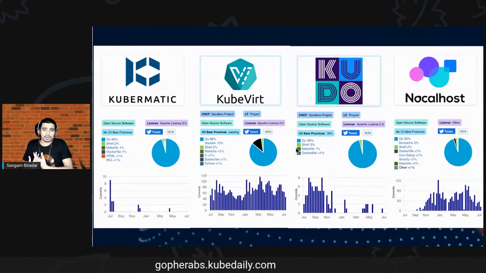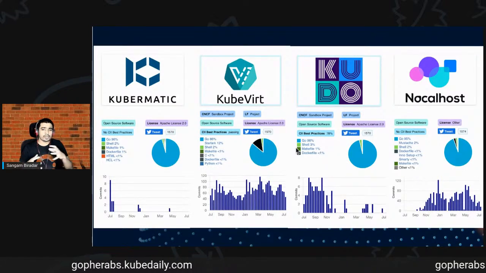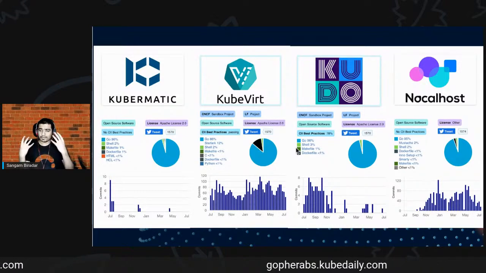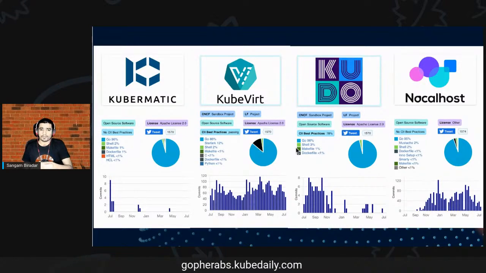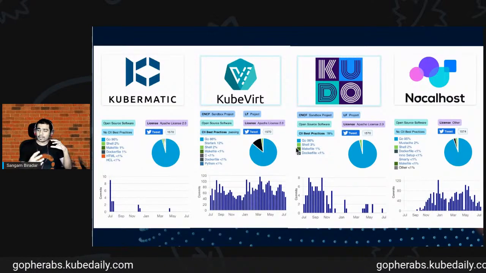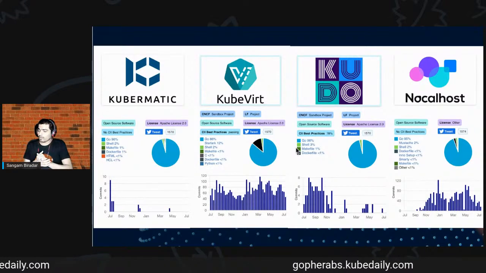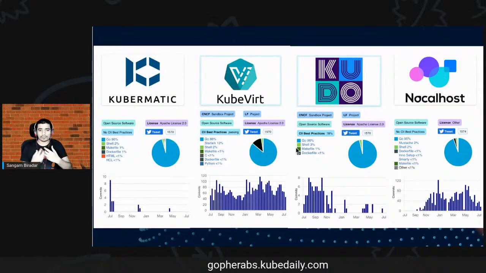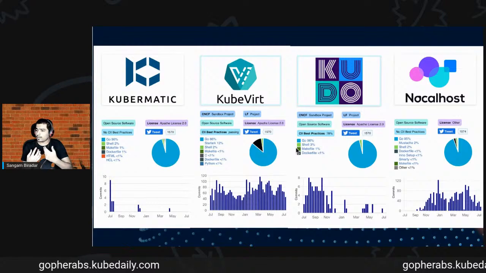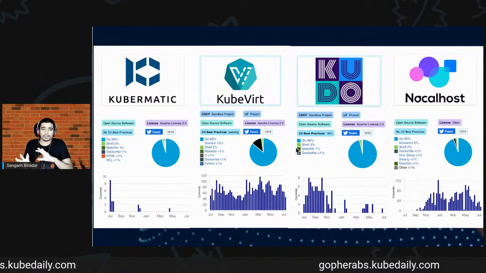So if you are a Go developer or a starter, you can contribute to all these kinds of open source projects. Another is Kudo, one of my favorites. You can write your operator or custom resources with Kudo, one of the cool projects you can use. By the way, I have not used all the projects.